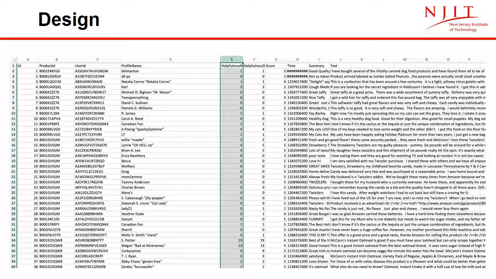So this is a glimpse of the dataset that we used for this project. There are columns for product ID, user ID, the profile name, and something very important is the helpfulness numerator and the denominator that we talk about in a while. Also, it has a summary of all the reviews and the actual text. Now, the data was very inconsistent and it needed some cleaning so that we could use it for our project. So that's what I'm going to talk about.